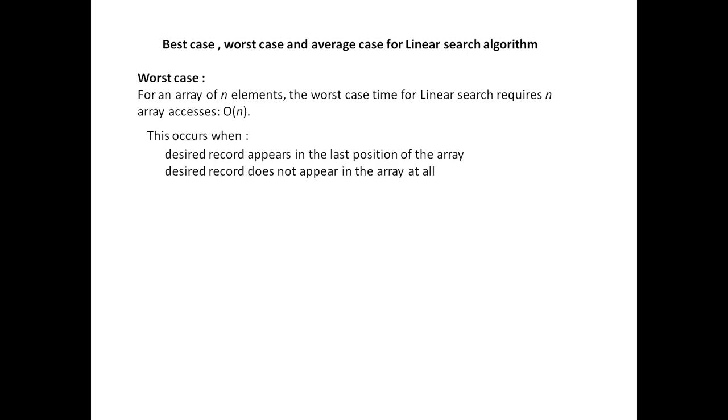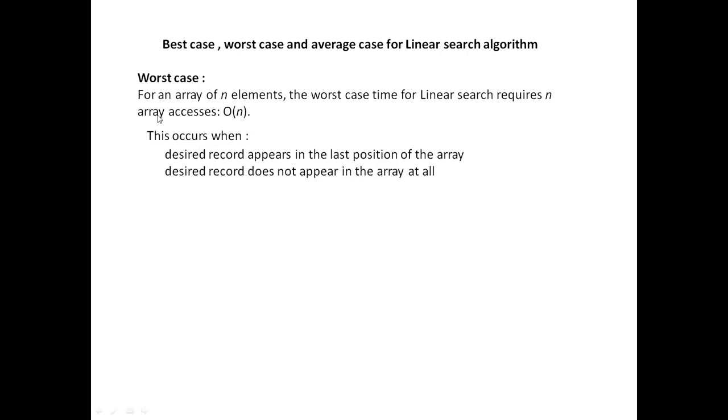So in that case, the complexity function f of n of that search is order of n. I have to search all the given values, all the given students. That is order of n.